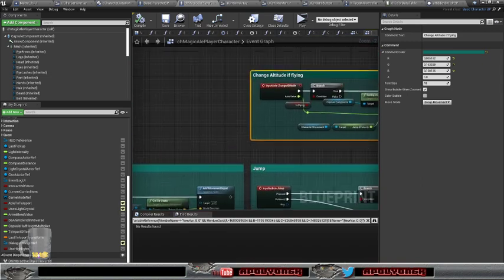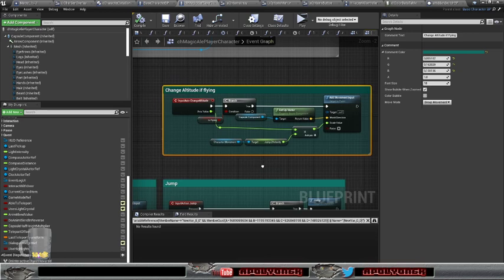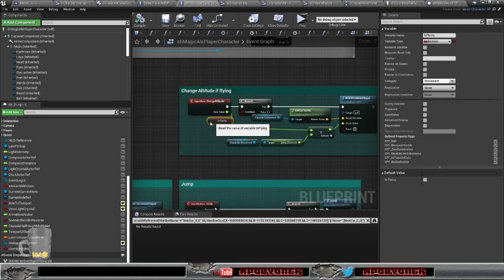So we can add this in here if we wanted to. So if we are flying or if we are in water, then we can do this. So how would we call that? Then